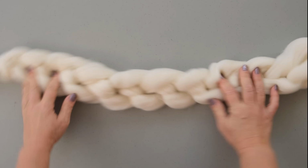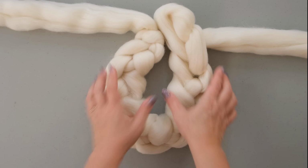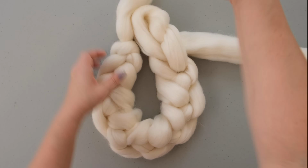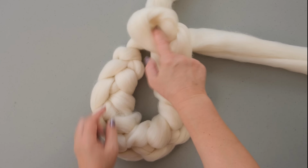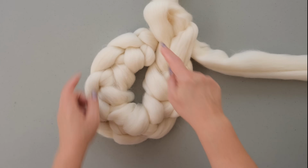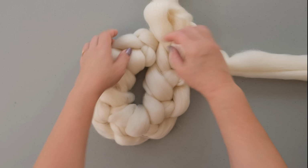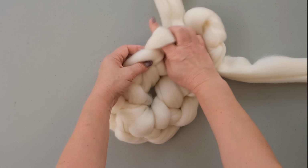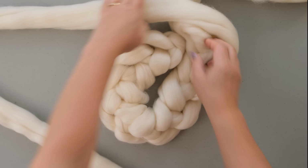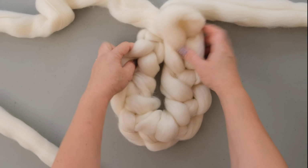So now when we have 10 stitches, what we're doing, we are connecting this chain into a circle like that. See? So when you connected it like that, the tail stays. You're not doing anything with this last stitch. What we will be doing, we will be knitting these stitches around using the top part of every stitch. So this is your first stitch and you're using the top part, and you are not using the tail, you are using working yarn. Okay, so tail goes on the right, working yarn goes on the left,